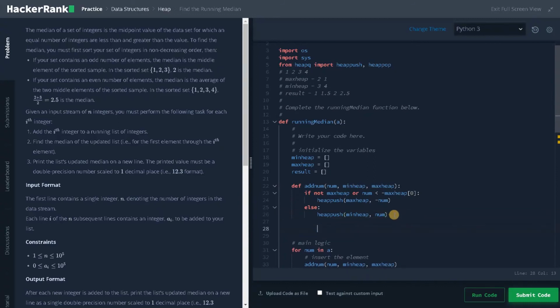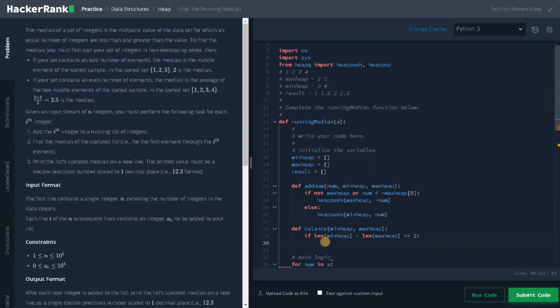After that, we need to complete the balance function. Def balance, min heap comma max heap. To check for imbalance, we need to use this condition. If length of min heap minus length of max heap is greater than or equal to 2, that means min heap has a greater number of elements.